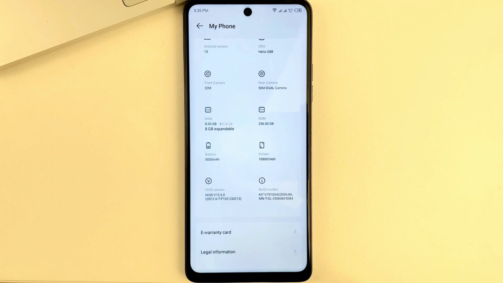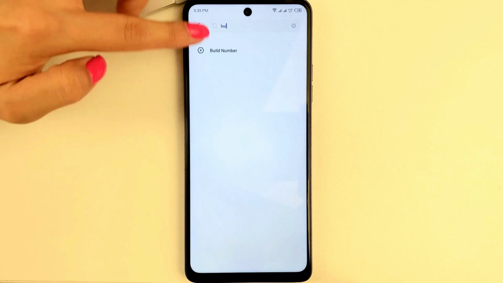Then you will need to click on the build number. You may need to click a few times, because on some Android phones, like mine for example, before you can open any of the basic options that were originally there, if it's a special piece of software, you have to tap a few times. And then you have to enter your password. And once you've entered it correctly, go back to the settings.